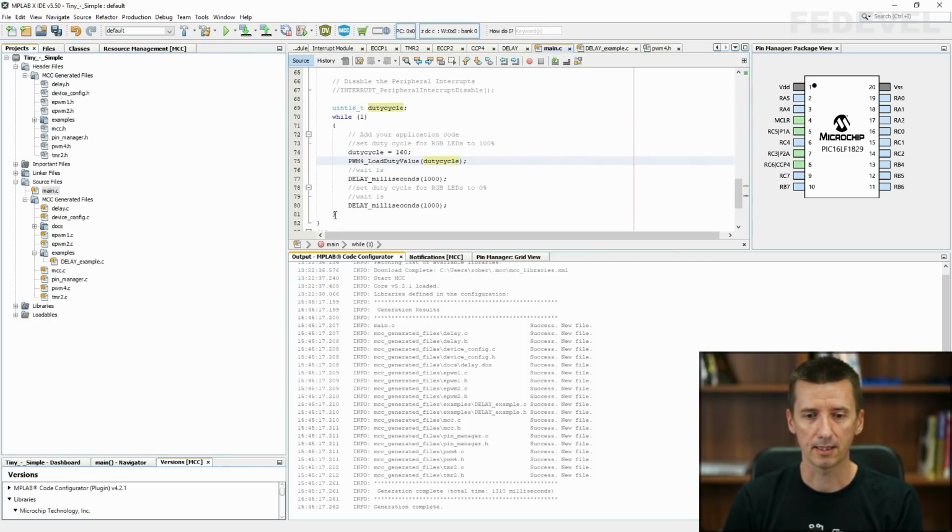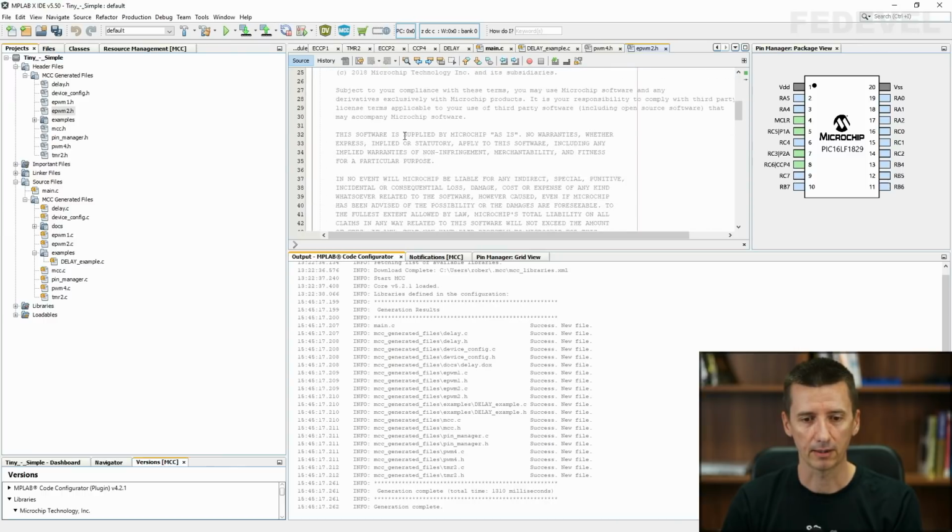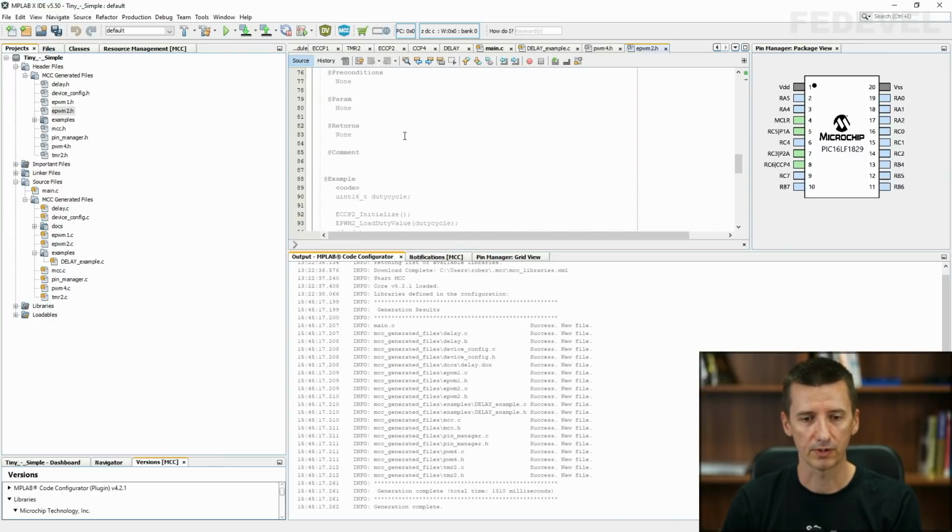Okay, in the main C, we would like to do exactly same for all the colors. So we have to do this for all the modules, not only for PWM4 module. It means, what do we need to do? We need to go, for example, inside of this other header file, find the function which is going to set the duty cycle.